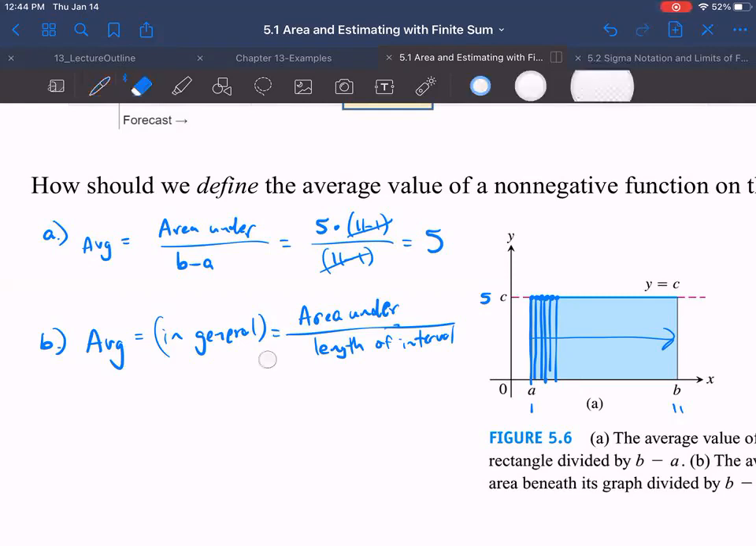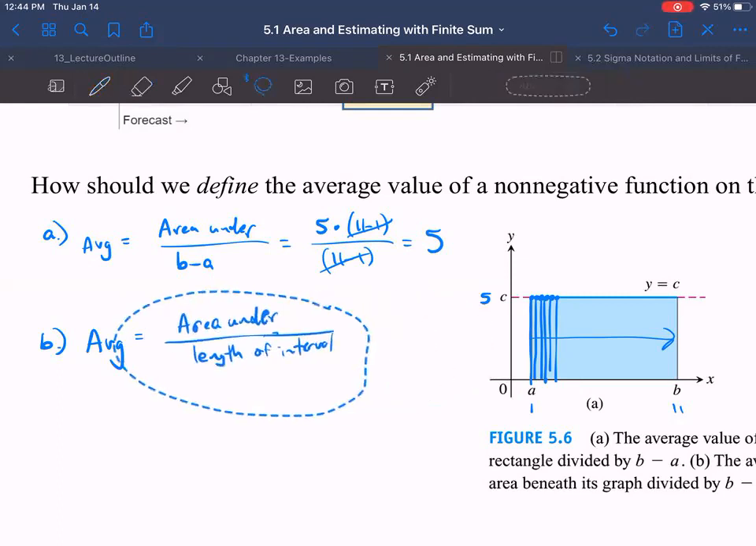I probably didn't need that second one, though it looks like multiplication, so maybe I'll just take that out here. It's going to be just in general, the area under the curve divided by the length of the interval, and that's going to give you an average value for that function. Okay, so let me pause for a moment and